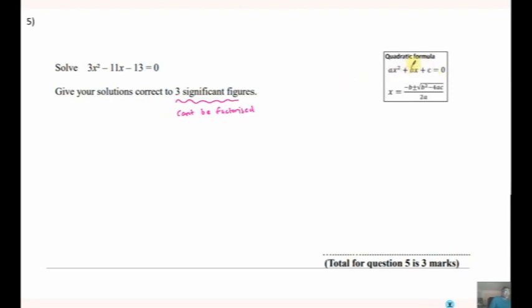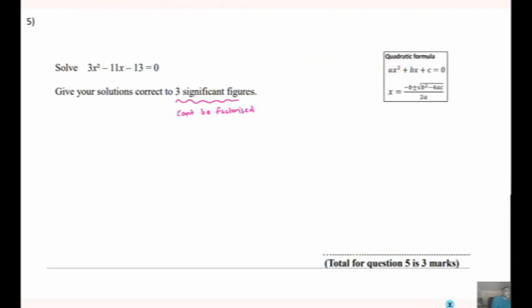That's not to say that there's always a b. It might be, for example, 3x squared plus 7 equals 0, and that just means that b equals 0 in that case. Okay, but it will always be in that format. So first things to notice,